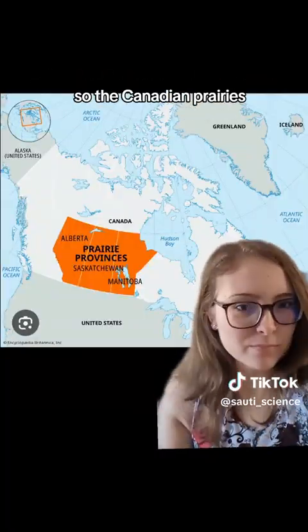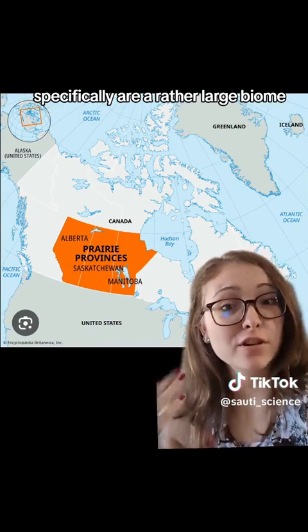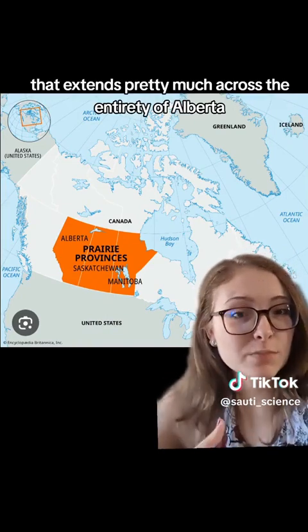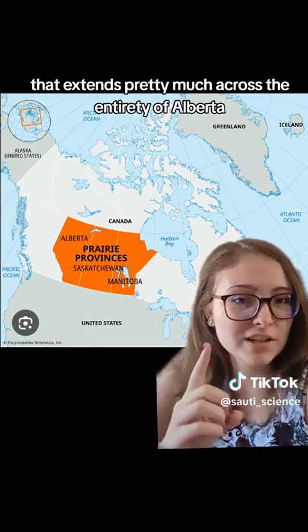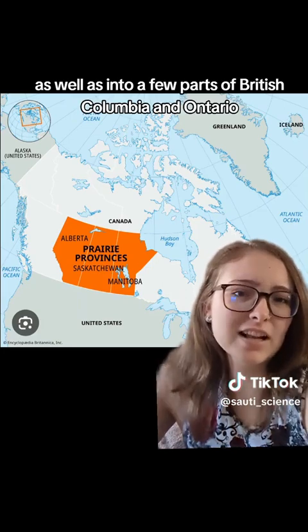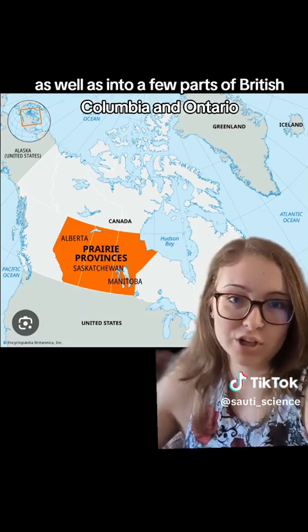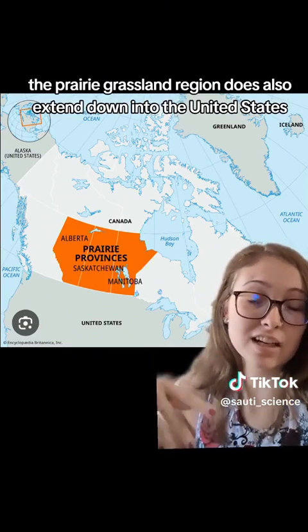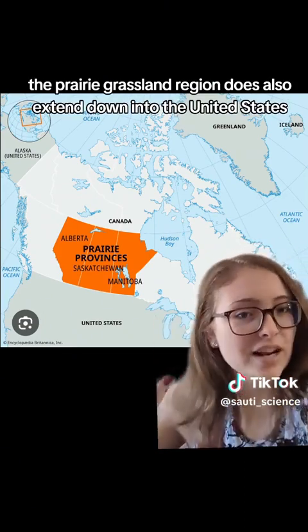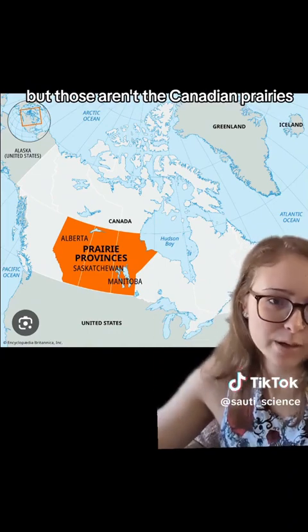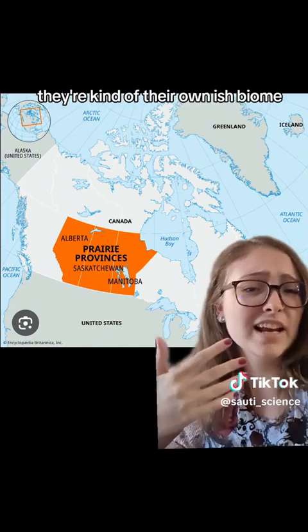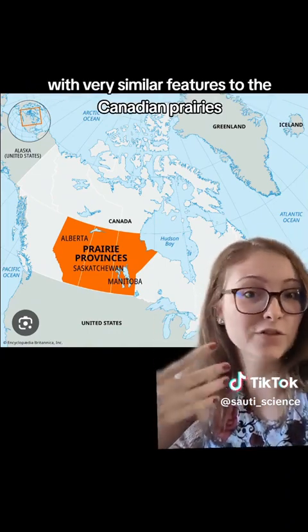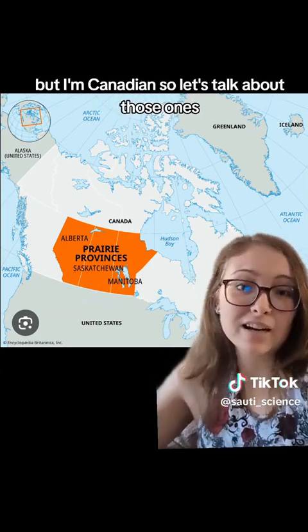So the Canadian Prairies specifically are a rather large biome that extends pretty much across the entirety of Alberta, Saskatchewan, and Manitoba, as well as into a few parts of British Columbia and Ontario. The prairie grassland region does also extend down into the United States, but those aren't the Canadian prairies. They're kind of their own-ish biome with very similar features to the Canadian prairies, but I'm Canadian, so let's talk